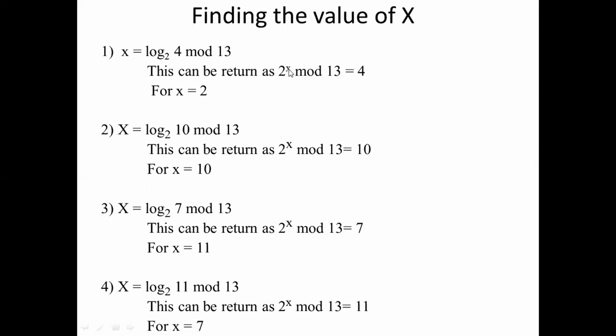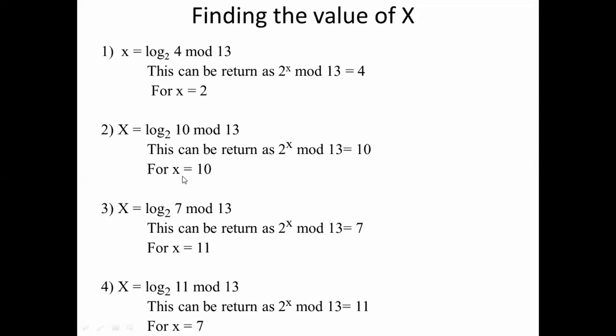2 to the power of 2 means 2 into 2, 4 mod 13, which is equal to 4. So x value is nothing but 2. In the similar way, this problem can be written as 2 to the power of x mod 13 equals 10. So for which value of x, if you perform modulus operation with respect to 13, will give you the remainder